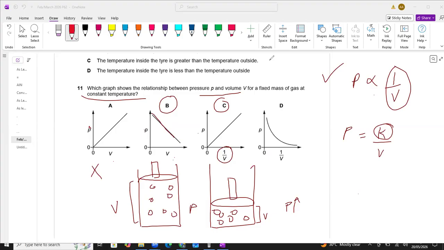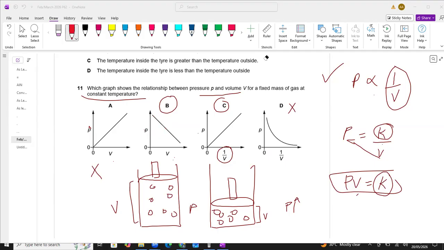Look, beta, if I talk about this relation that pressure and volume are inversely related to each other, then if I move the V to the left side, PV will become constant. So at any point I should get the same value. So it means option D cannot be the right answer, students. What is the reason? Because we are getting a curved line here, and in a curved line the gradient is not constant. So we will not get the constant here, and D is not our correct answer.